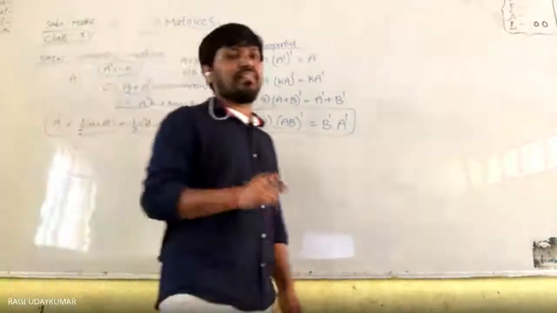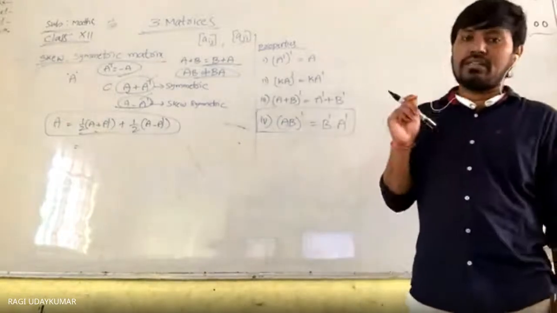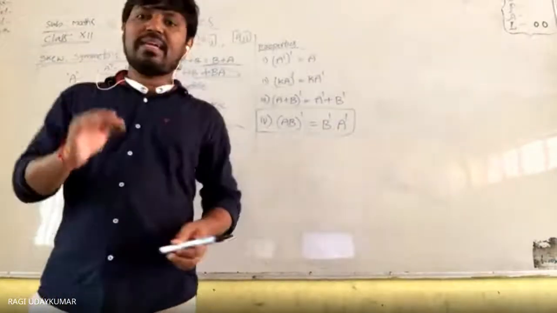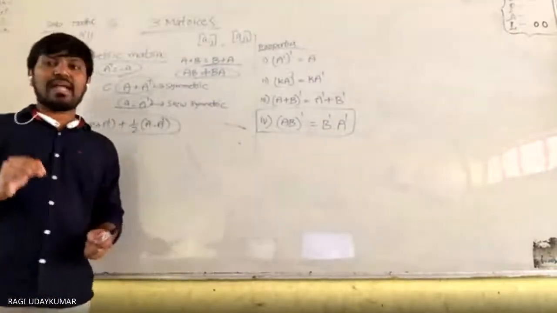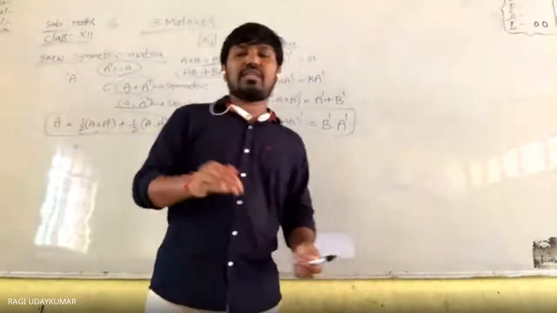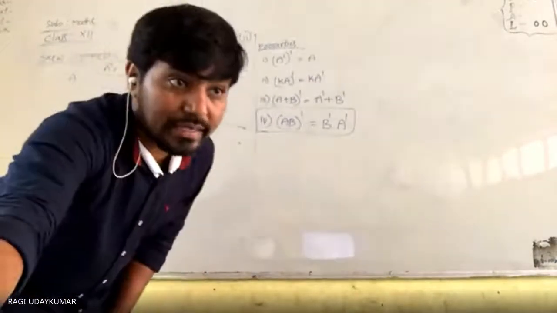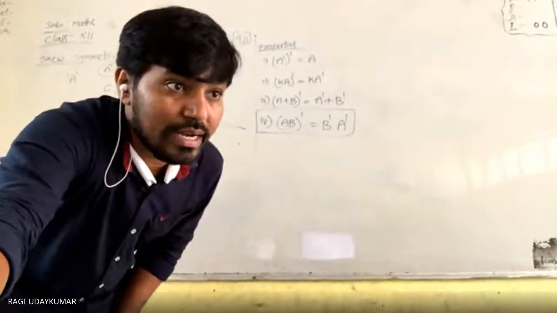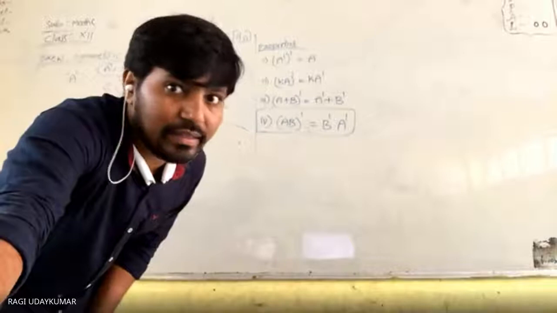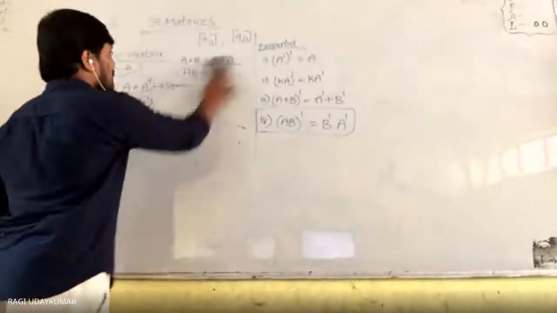This is another theorem: any matrix can be written as a sum of symmetric and skew symmetric matrices. So this is the basic thing you need to know about the types of matrices, transpose of a matrix, and the types based on transpose with their properties. Based on this you can go for the exercise problems. So let us go for the exercise problems. In 3.3, what are the different problems? Let us discuss them now, and then we will complete this exercise.